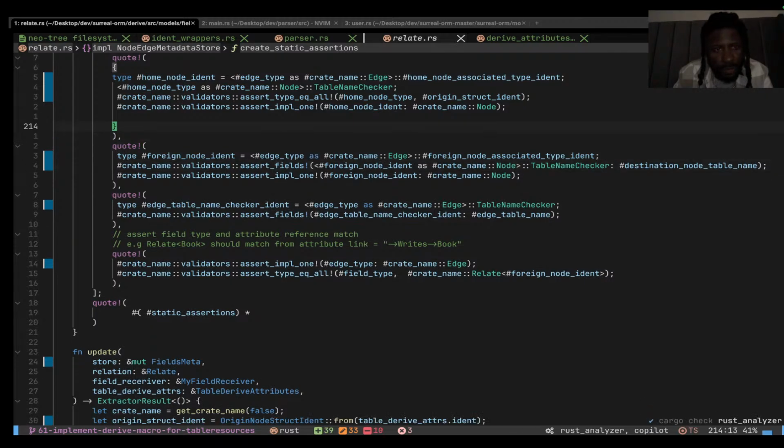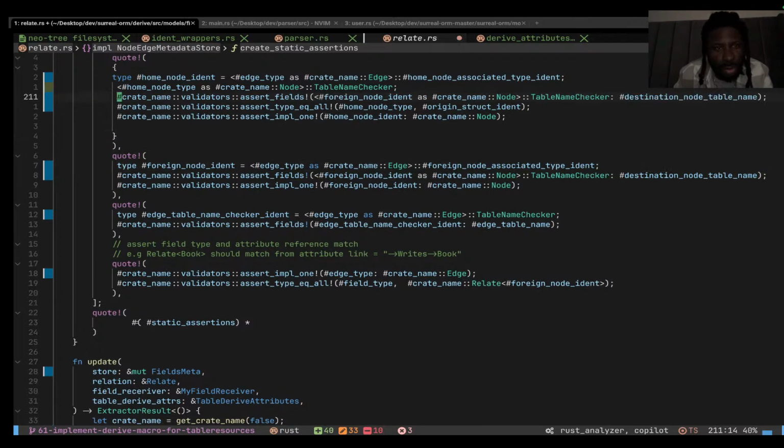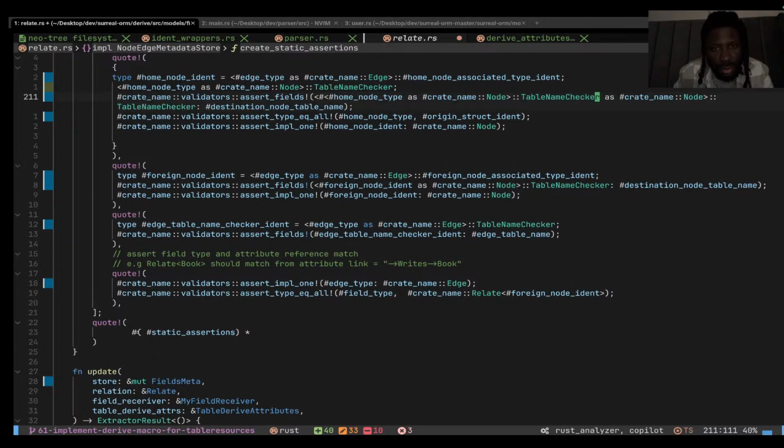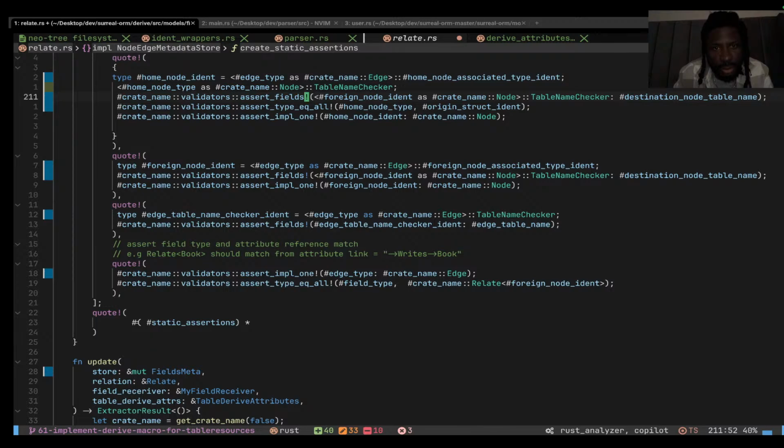So checking the, I think that's probably what we want here also. So rather than having this, we can have this, but since we're dealing with the home node,